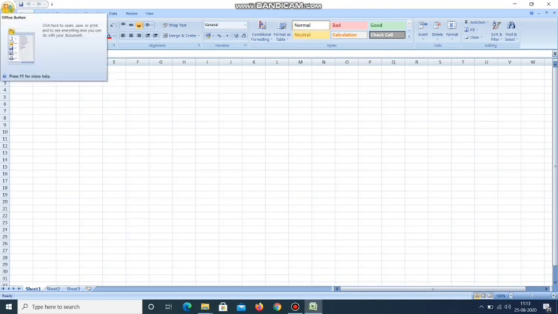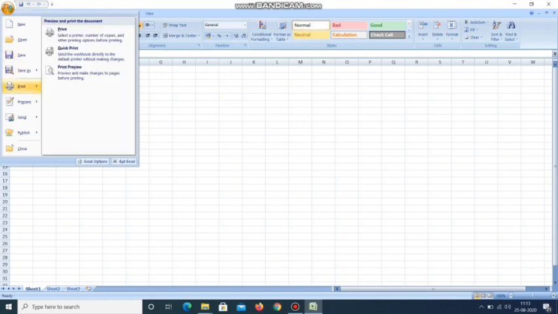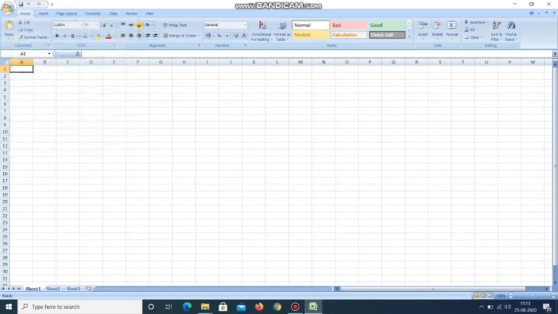Now on the topmost, when you click on different buttons, a list of different options will open in front of you. All these lists have different options, and after clicking on each option you will get a sub menu. On the topmost column you can see three buttons: your save button, undo and redo. This bar is known as your quick access toolbar. So the quick access toolbar has three options: save, redo and undo.